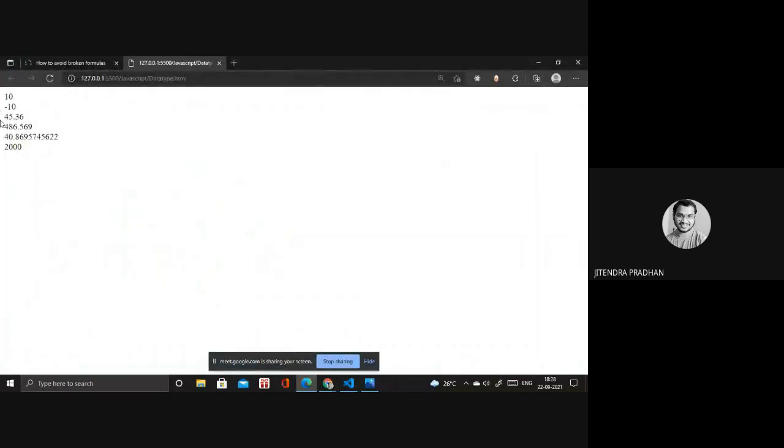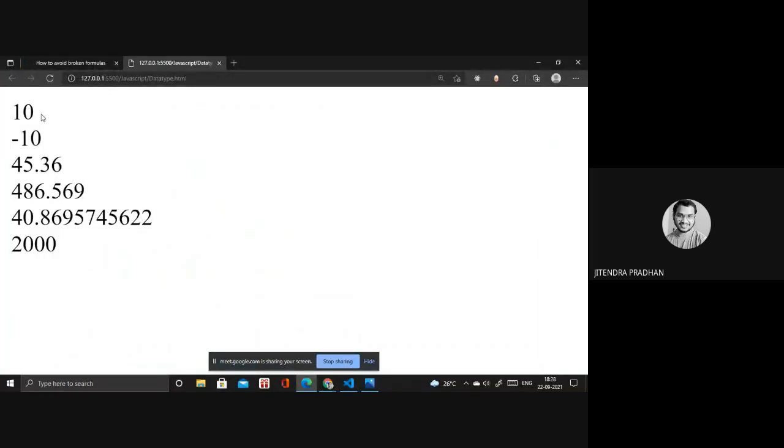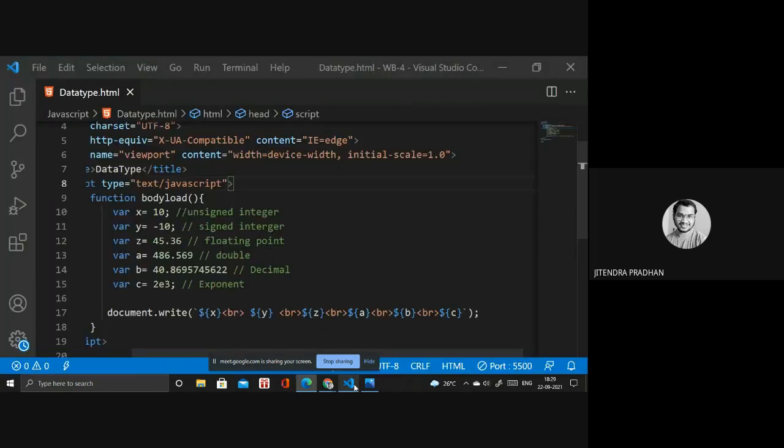Let's see. First one we have unsigned integer, signed integer. Okay, and we have floating point, we have double, and we have decimal point, and we have exponent.